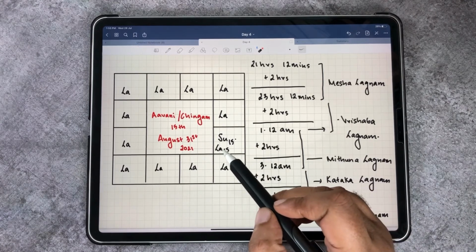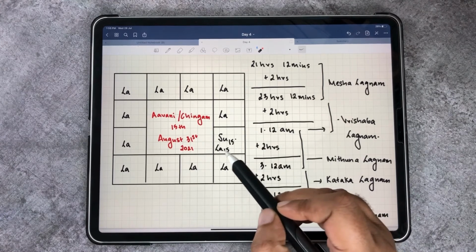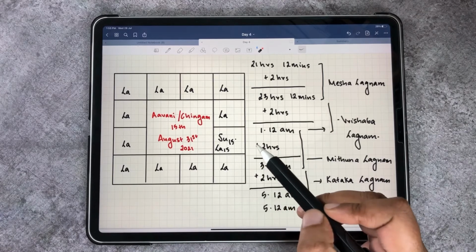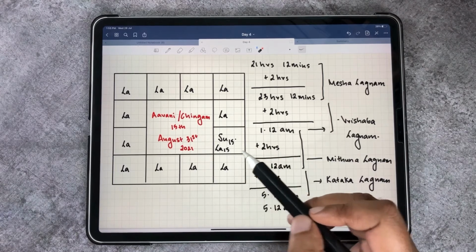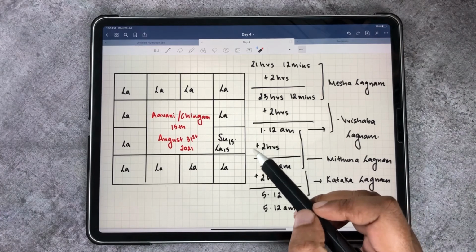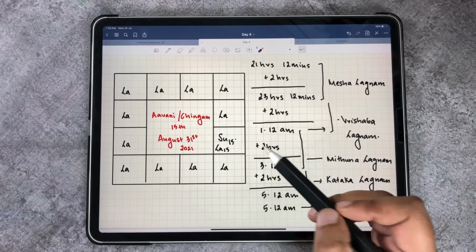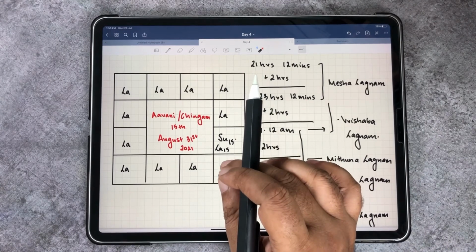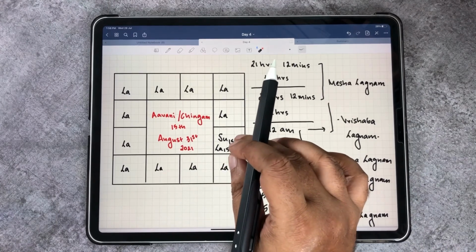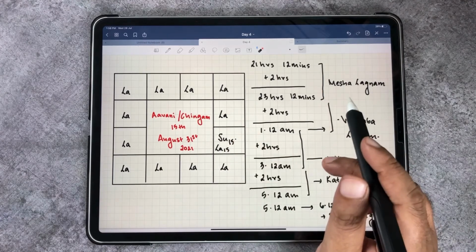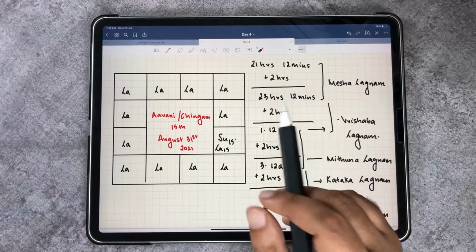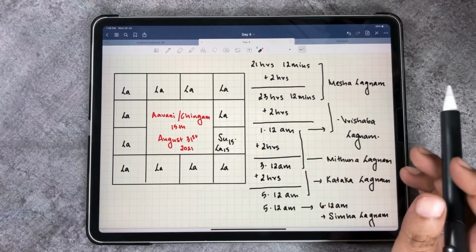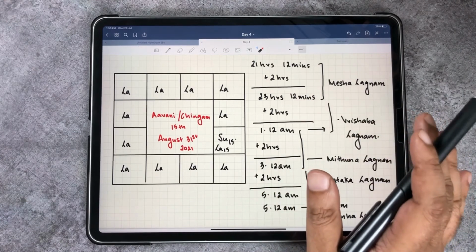Now already, since the sun has crossed half of the Rashi, so one Rashi is 30 degrees, so half of the Rashi is 15 degrees. So the sun has crossed the 15 degrees. So how much more is remaining? 15 degrees more remaining. So if a Simha Lagna would start at 6:12, when will it get over? It will get over by 1 hour itself because just 15 degrees to cover. For the next Lagna, you add 2 hours. That's all. So using the Surya Udayam and the solar month, you can approximately find out the Lagna.